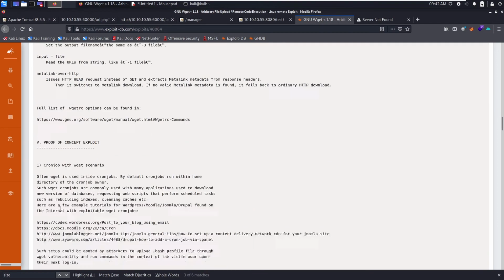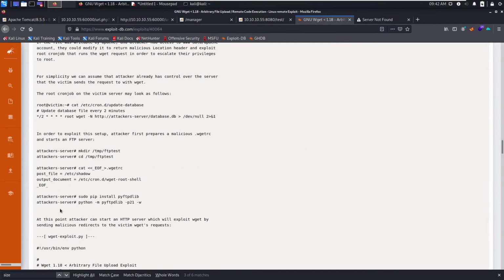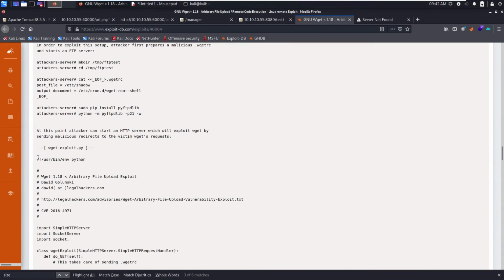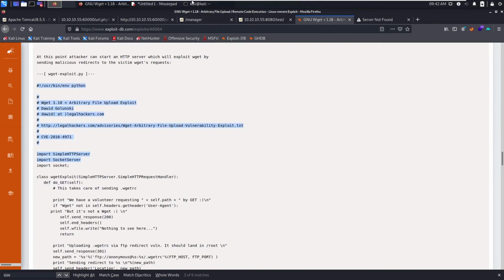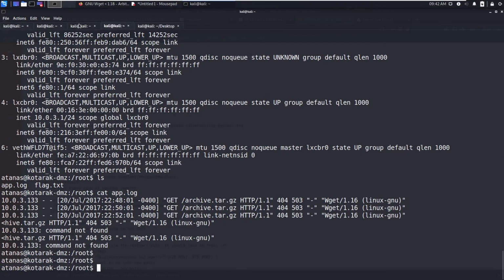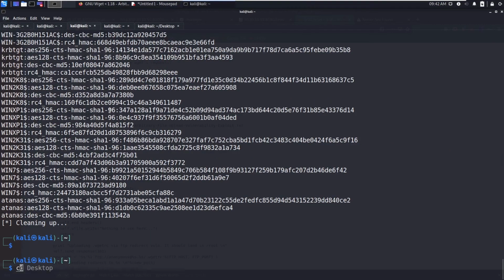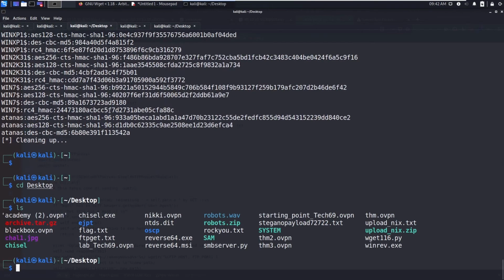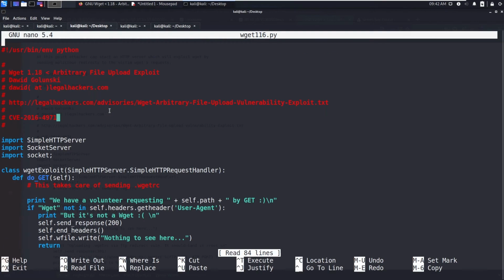Okay, so we are going to copy the script. So copy the script, and I have already copied this one. Cat wget, so nano wget.